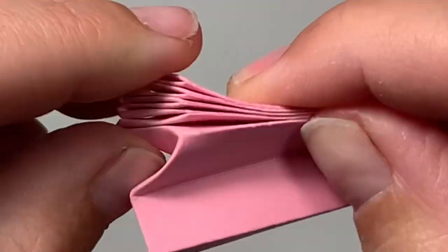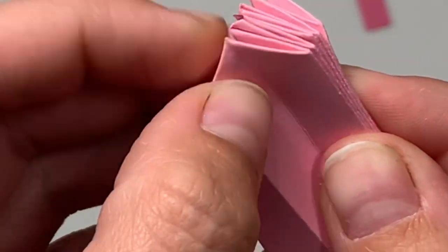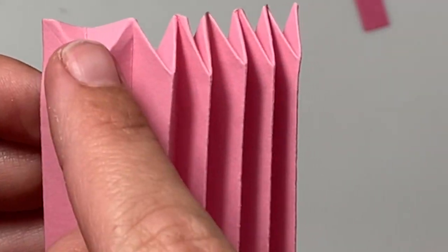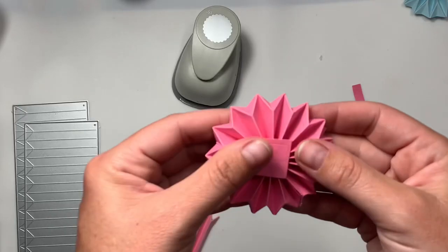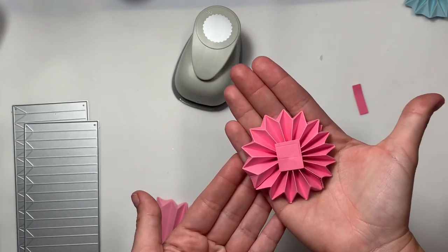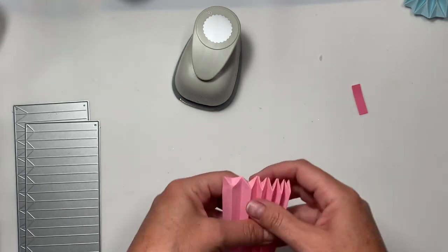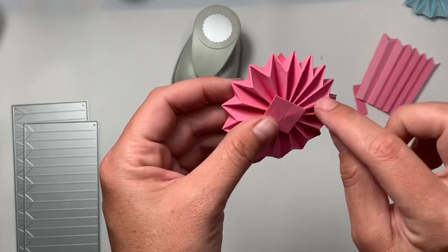So that's the easiest way for me. I was trying to go in and crease with my thumb and go this way and then try to go this way, and it was a hot mess. See, that's what it was looking like, and this is what it ends up looking like, which is very pretty. So this is the size if you cut it down to 1 1/4 inch, both strips, cut one of them in half, and then cut a little sliver panel off. And you can layer them up, glue them,